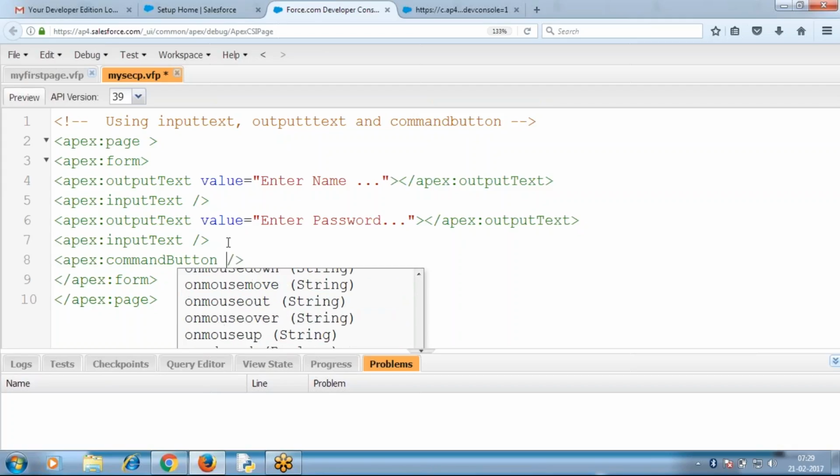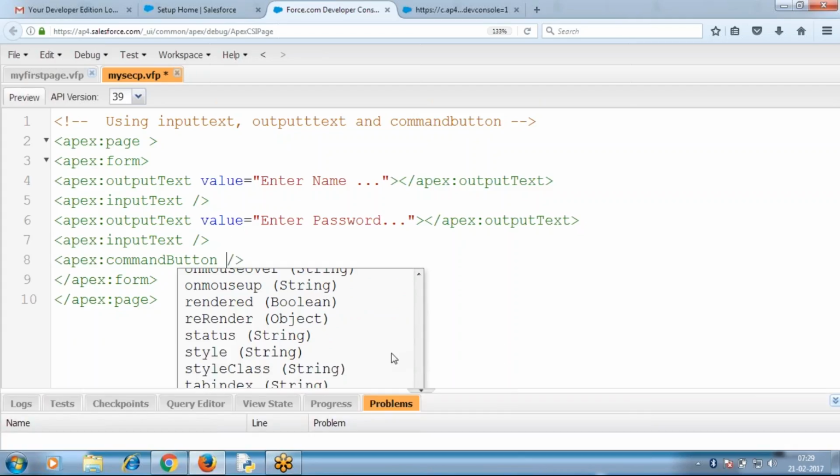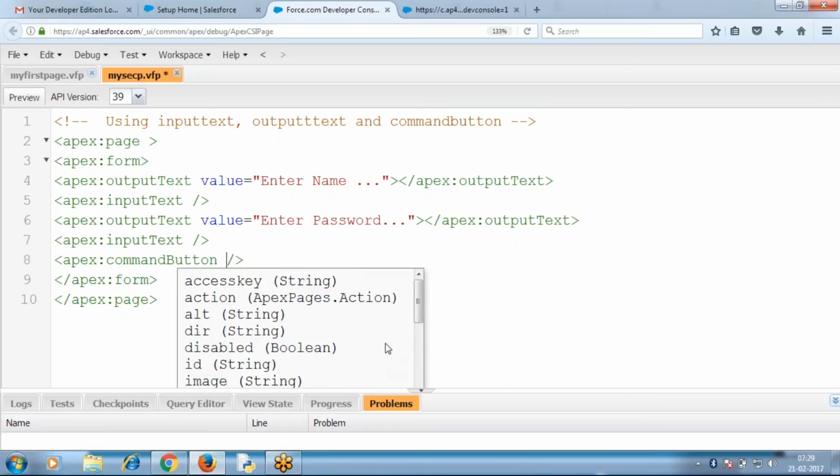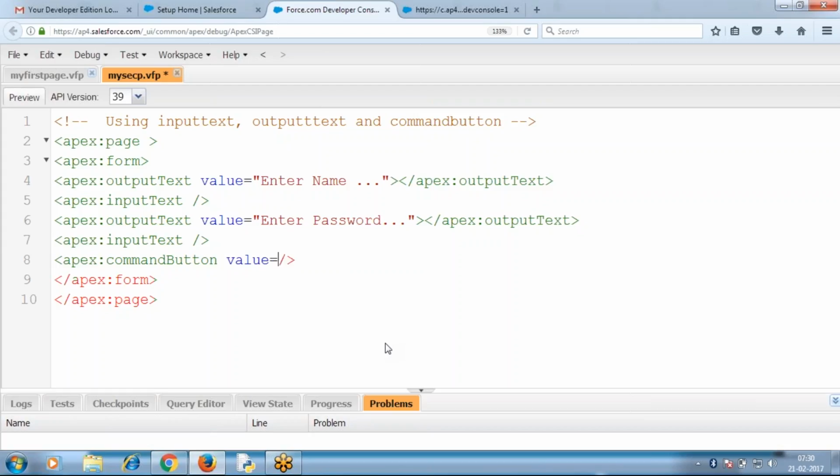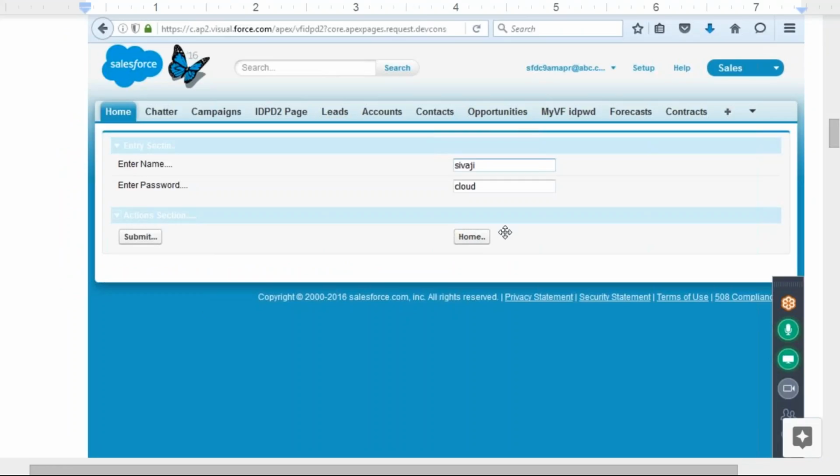IntelliSense displays all the tags you can use. Action: when you click the button, what has to be done? Submit. Save. So we have output text and input text, and the buttons are created. When I preview,